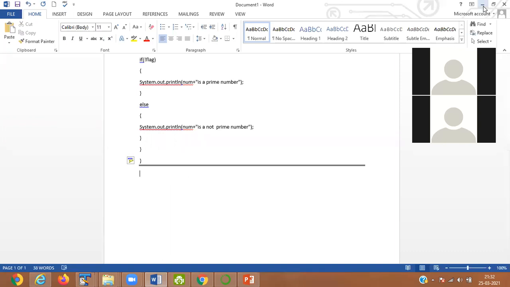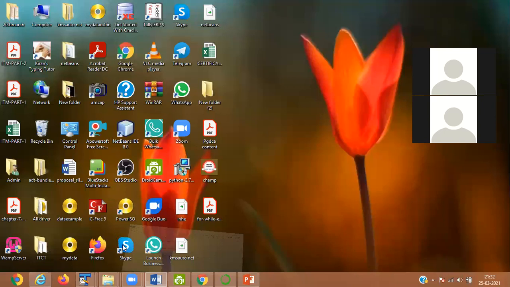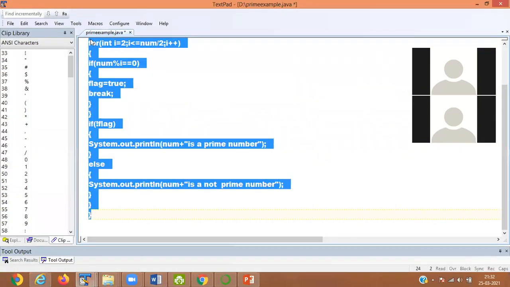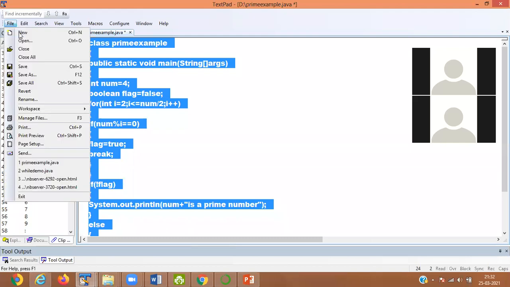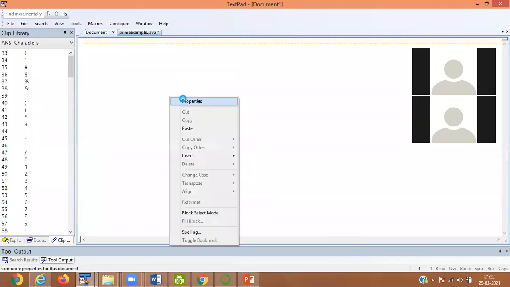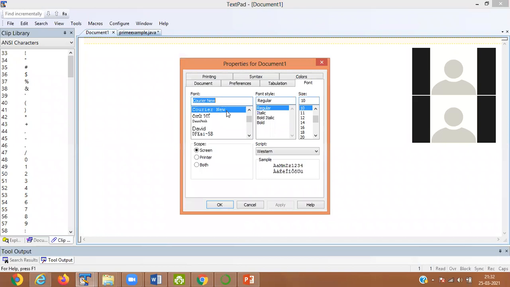Okay, so now I move to the other program. The difference between while loop and do while loop. So I'll show you what is the difference.